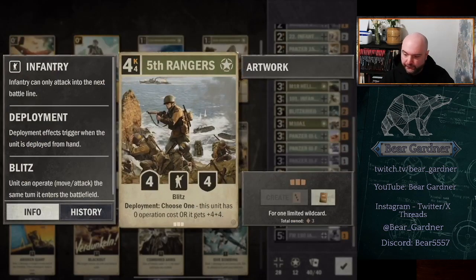Another really powerful card, 5th Rangers. This is a limited US card. On the face of it, it is a terrible card. It's a 4/4 infantry. Granted, it has blitz, but oh good lord, it has an op cost of 4. So on turn 8, you could put a 4/4 body into the front. That's terrible. The deployment effect, however, makes this, as I've mentioned before, a US Army knife,